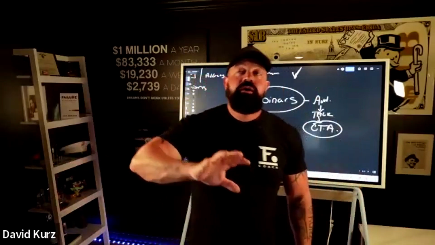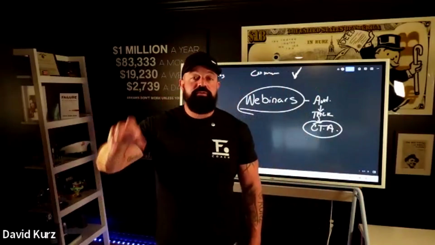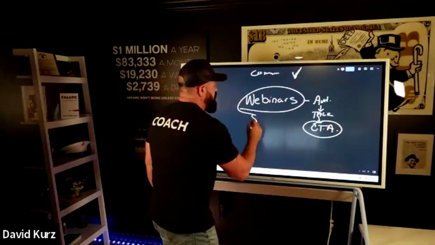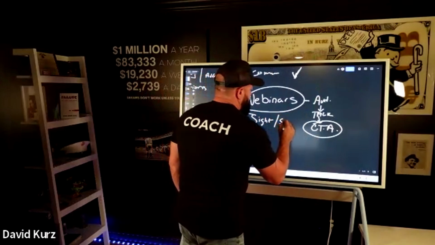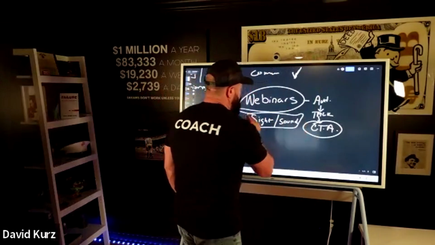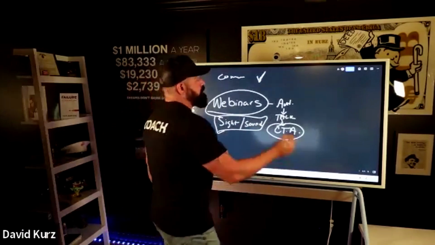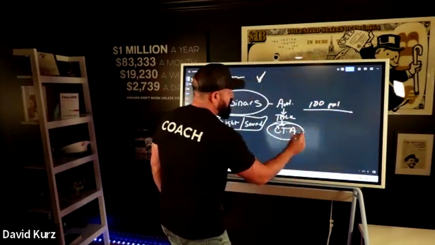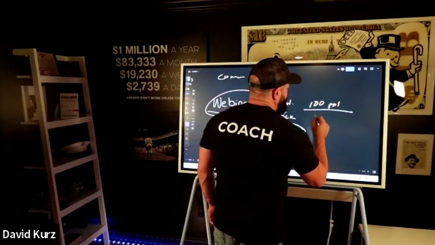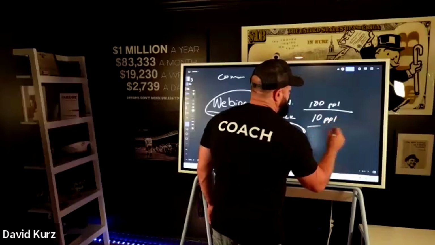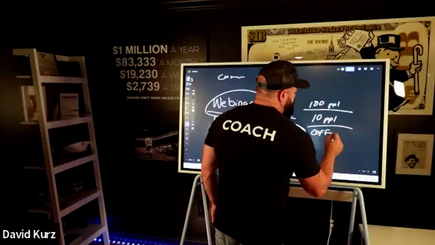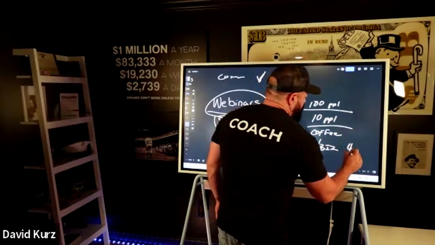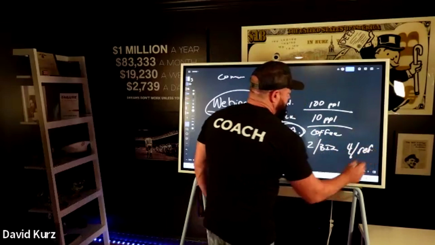So when we talked about the three things that it takes to create a relationship, we said sight, sound, and touch, right? With a webinar, you're getting sight and sound, just like video, right? And so what you're hoping is that you get an audience, let's say, of 100 people. And out of those 100 people, that call to action is going to be taken by, let's say, 10%. Those 10 people will meet you for coffee. And then out of those 10 people, 2 will do business with you, and maybe 4 will refer you to somebody. And that's what you're looking to build.